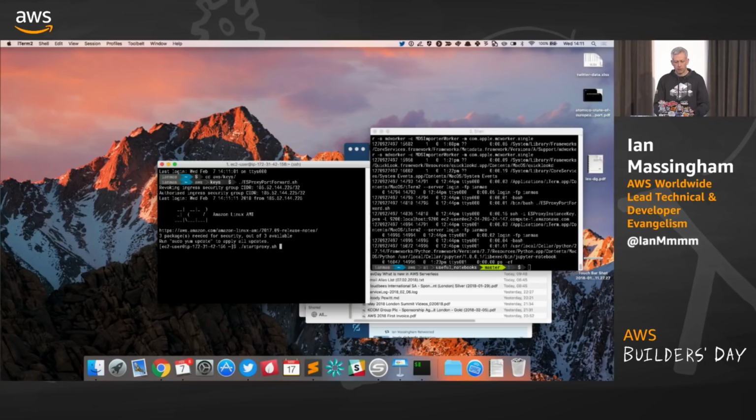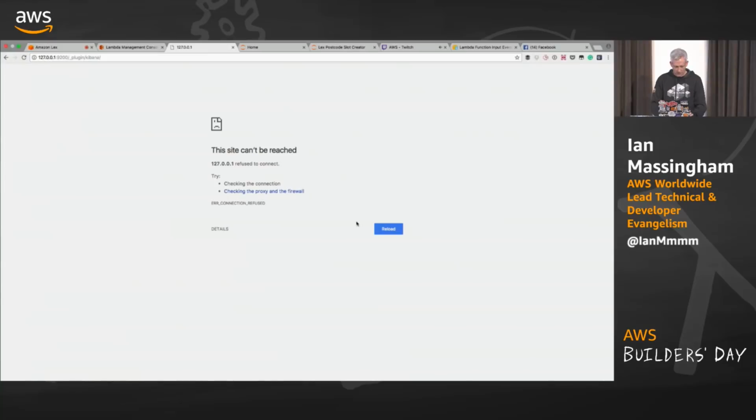The whole demo falls apart because my SSH tunnel doesn't work. After all that, no, it doesn't. We're okay, I think. Okay, let's try that again.